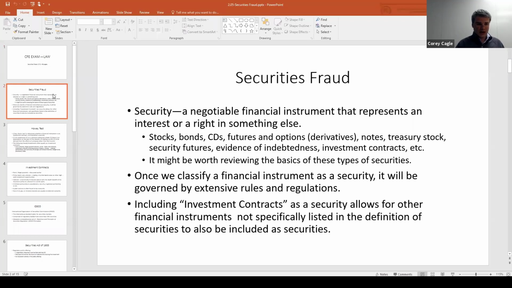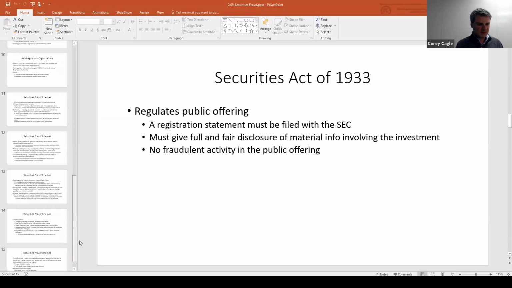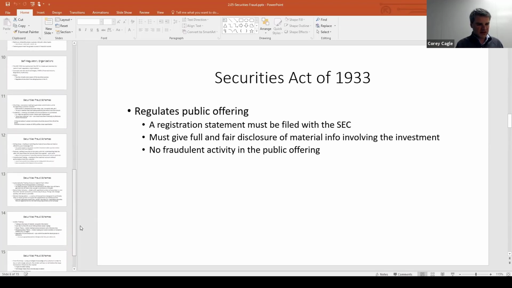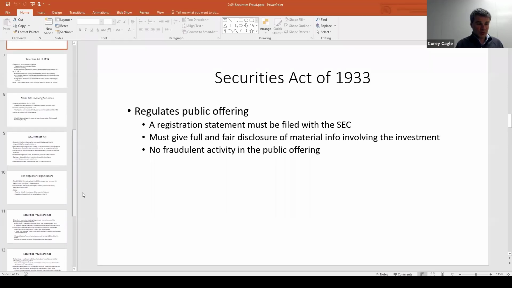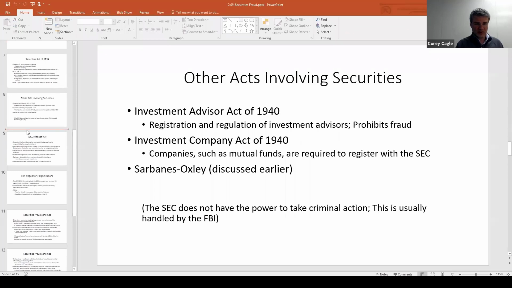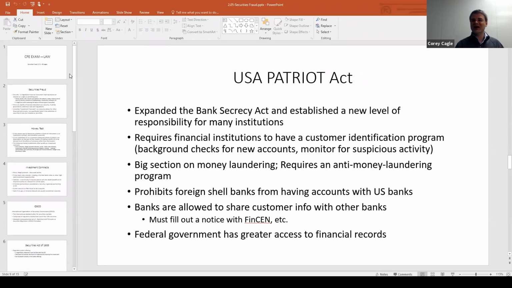Right? But this whole section is on securities fraud, and it digs a little bit into some of the Securities Acts that we should probably already have a little bit of familiarity with. You know, the 33 and 34 Acts kind of wraps things up with some of the schemes. So it's kind of boring at the beginning, boring-er in the middle when it starts talking about the Patriot Act and all this other stuff, and then it gets interesting when the fraud schemes kind of finally come out.